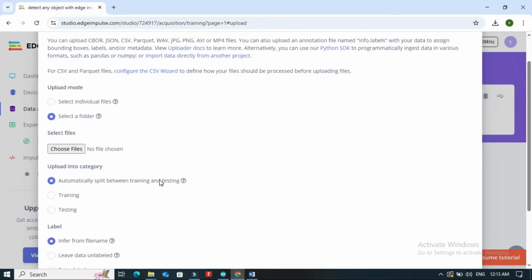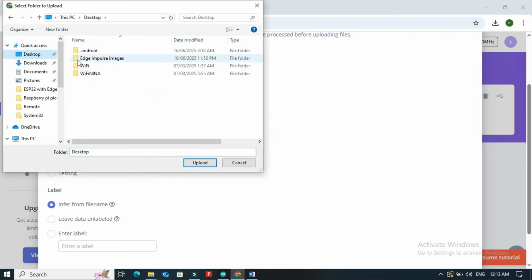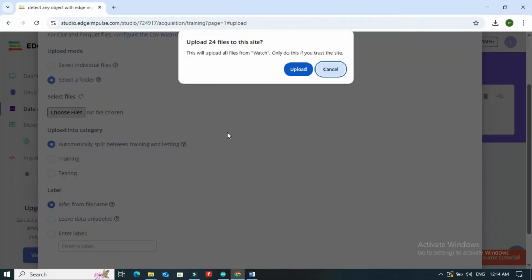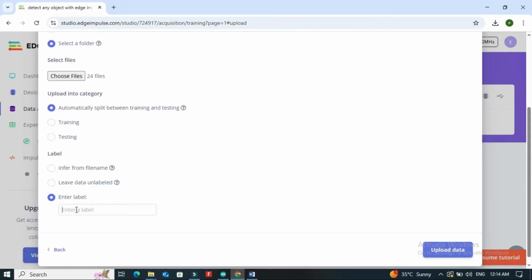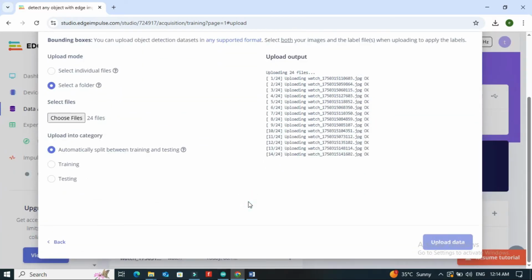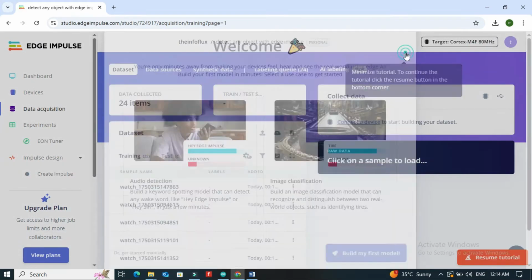Select the folder of one object, e.g. watch. Give it the label watch and upload. Repeat this step for each object folder.